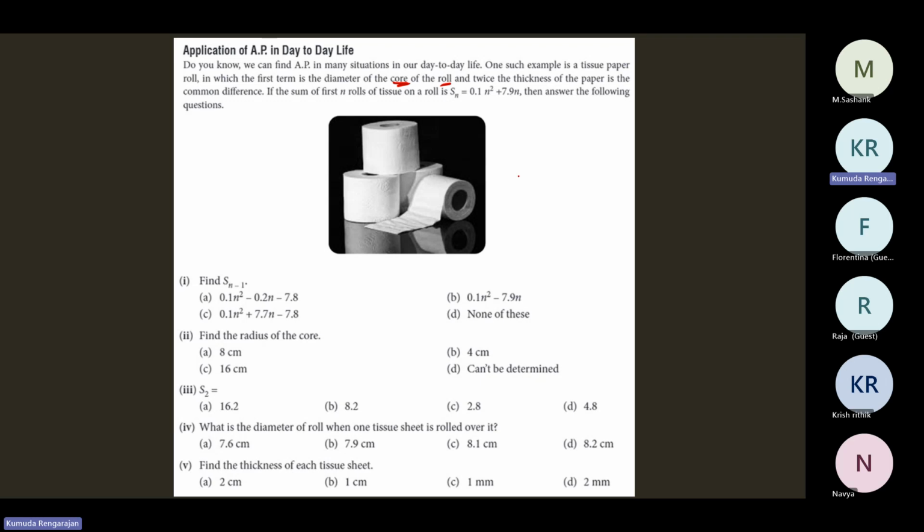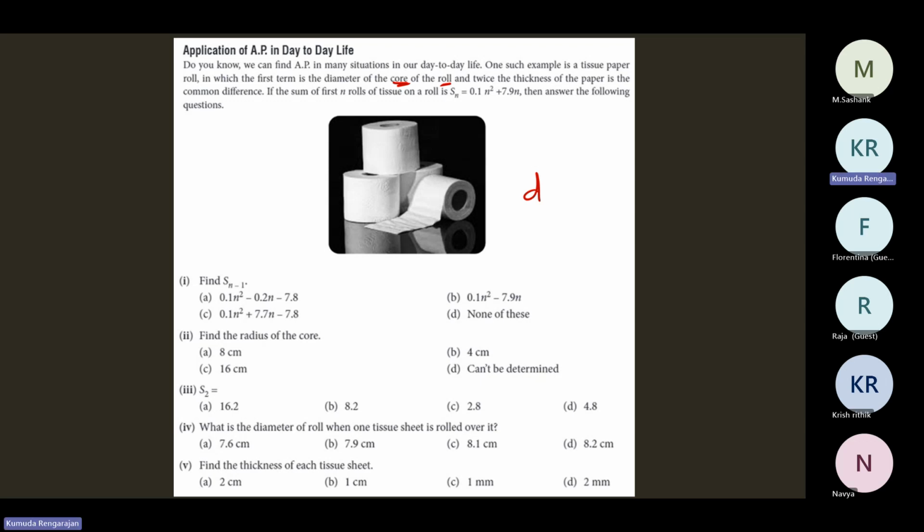Yeah, children. So the first term is the diameter of the core. The second term is the diameter of the tissue paper, which forms a cylinder. The diameter of that first cylinder formed by the tissue paper. The first diameter is not the diameter of the tissue paper. That's the diameter of the core, that cardboard. The first cylinder which is formed using the tissue paper, the diameter of that one is